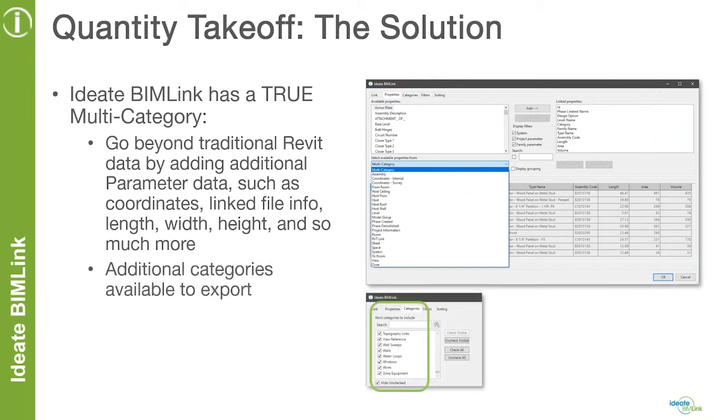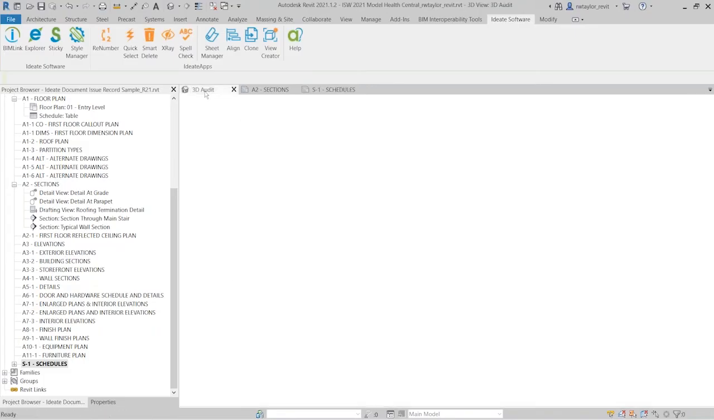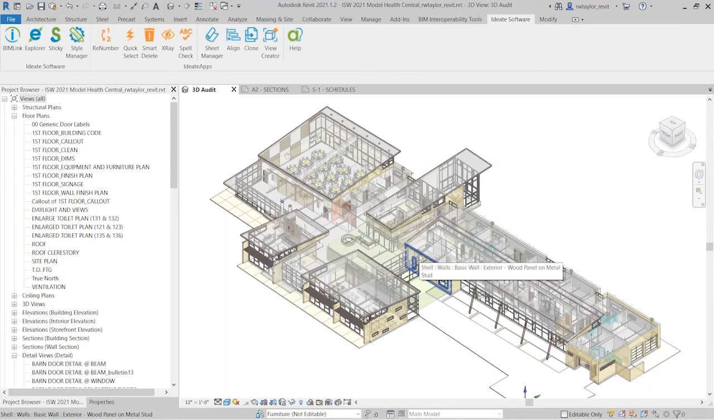And you can see there, yeah, available to export. So I wanted to show you, this is also another nice item to review, is that we do have a sample link called QTO that is under our construction link definitions. So in this model, if I go back to Ideate BIMLink here,